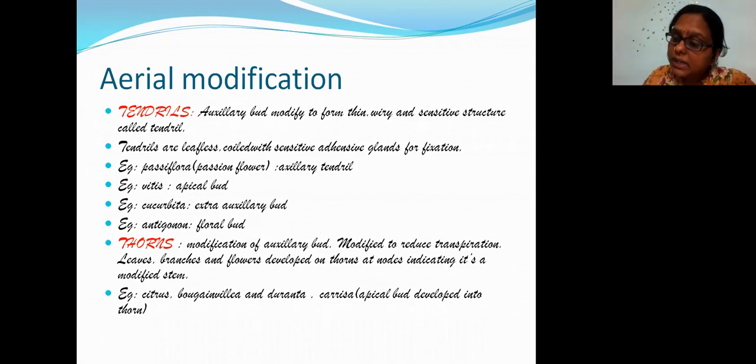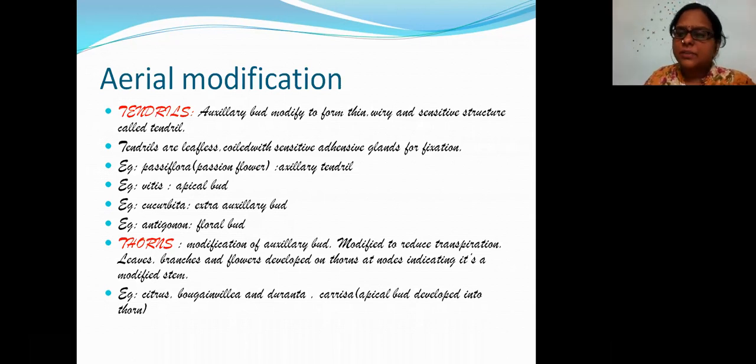There is also another reason for thorns. In desert areas, cactus and others have thorns. For what? To reduce the transpiration process, right? You know what transpiration is? The loss of water from the plant body. The desert already has a lack of water, so plants will be in unfavorable water conditions. If they lose a lot of water, it's difficult to survive there. So it's a God's gift that those plants in the desert have their leaves converted into spines. We call them spines.